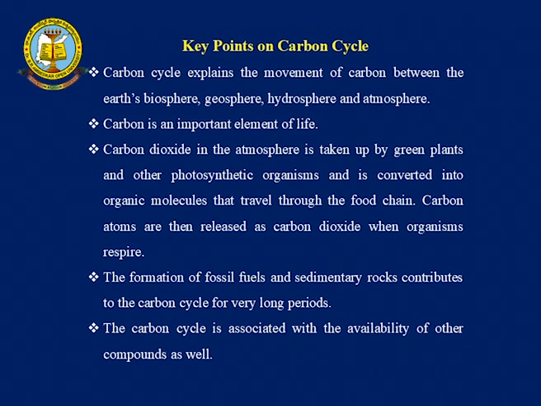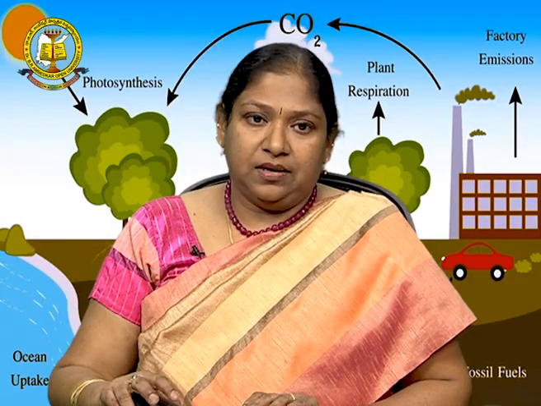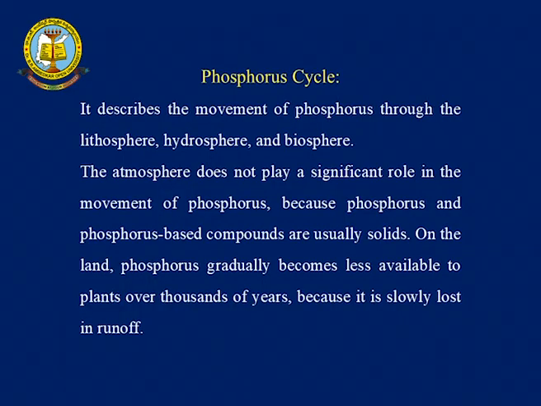The carbon cycle is associated with the availability of other compounds as well. Let us learn about phosphorus cycle. It describes the movement of phosphorus through the lithosphere, hydrosphere and biosphere. The atmosphere does not play a significant role in the movement of phosphorus because phosphorus and phosphorus based compounds are usually solids. On the land, phosphorus gradually becomes less available to plants over thousands of years because it is slowly